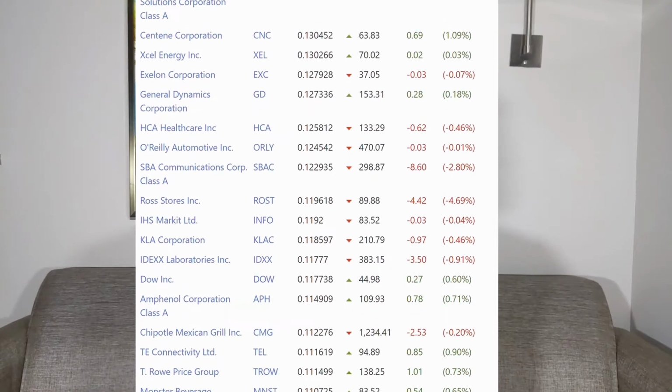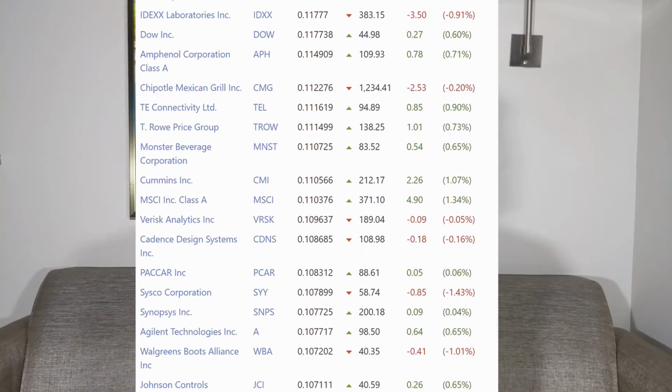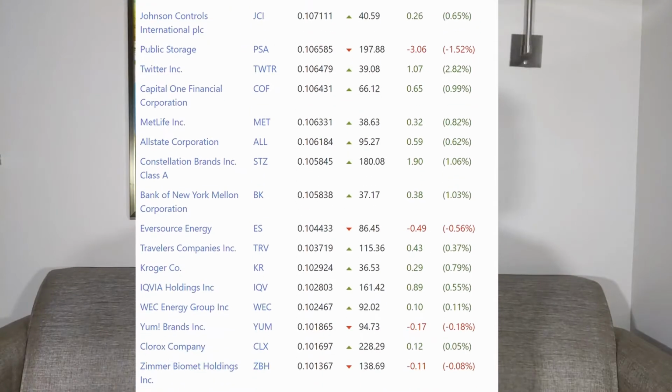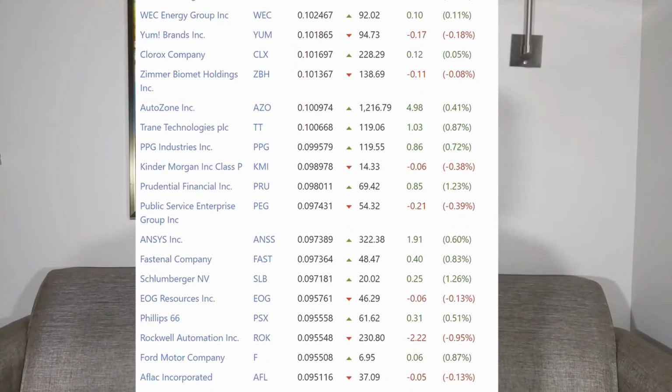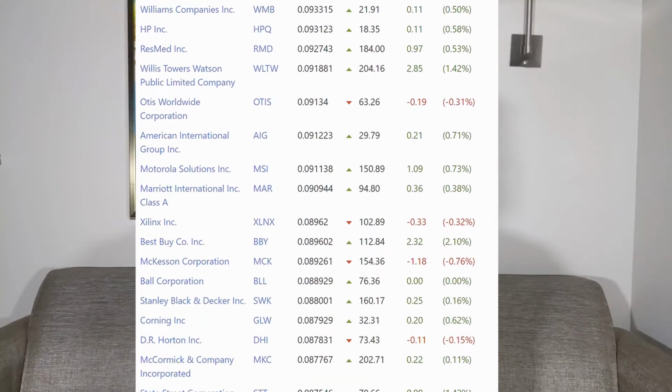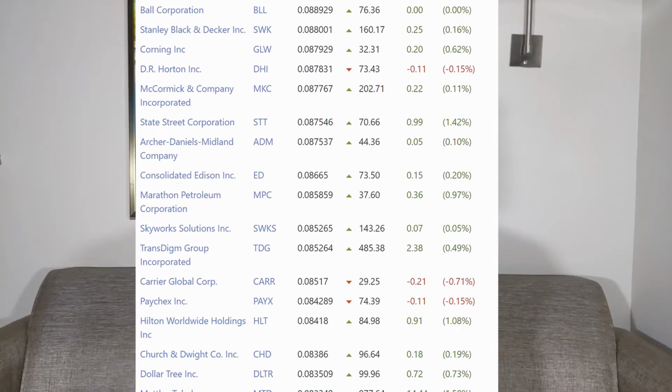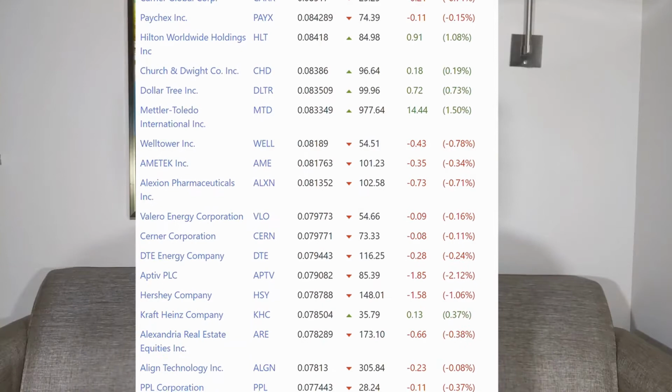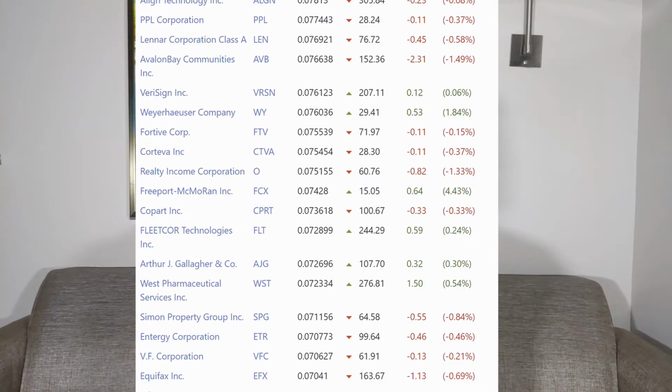Most of those companies didn't exist a few years ago, because many of them are technology stocks and technology companies. So companies will come and go on the S&P 500, maybe not every single day, but they will come and go, and that index will adapt.